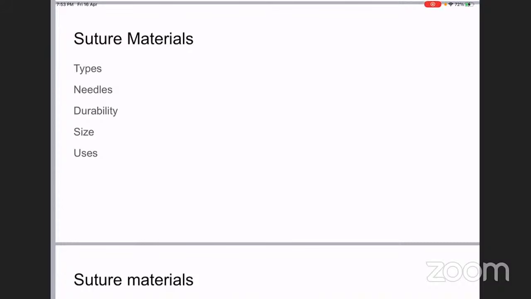That is, an entire length of thread is formed by a single unit. Then we have polyfilament suture materials, where you have several threads of suture material which are braided together to form the suture. So one classic example for that is polyglactin or Vicryl. One other example is